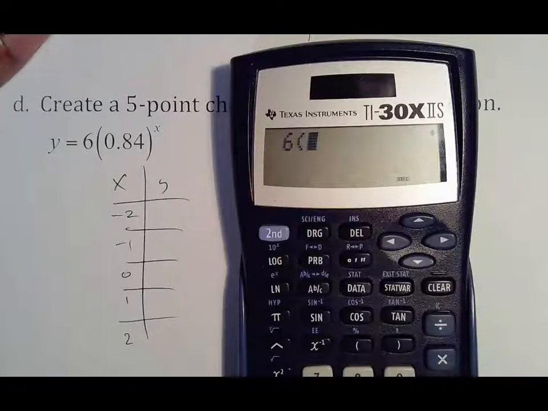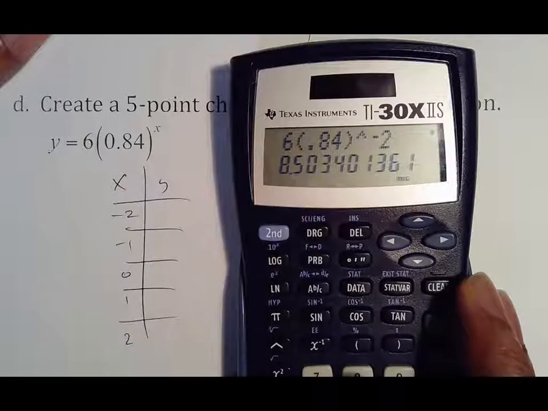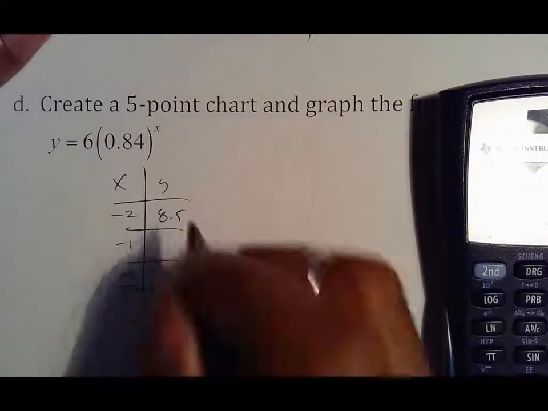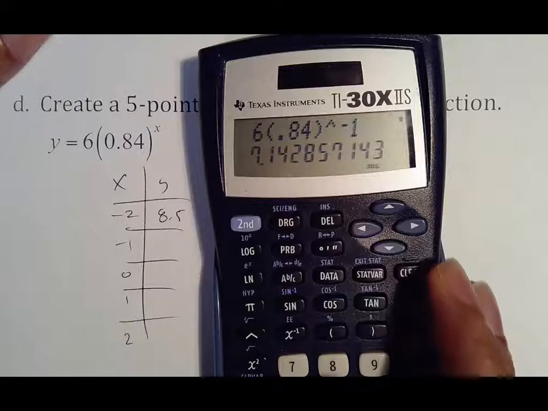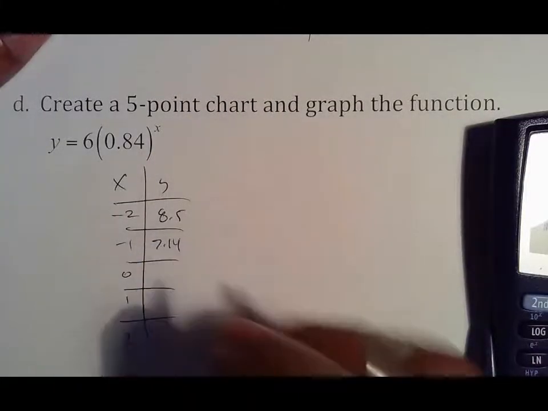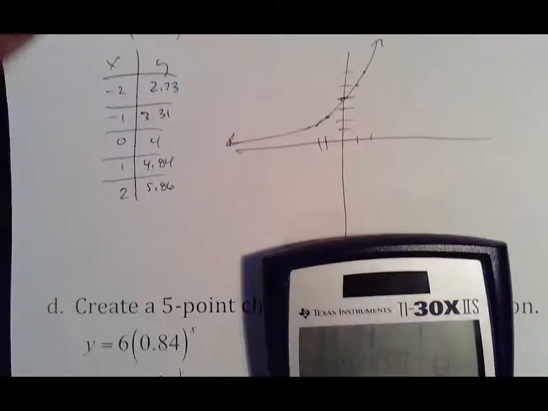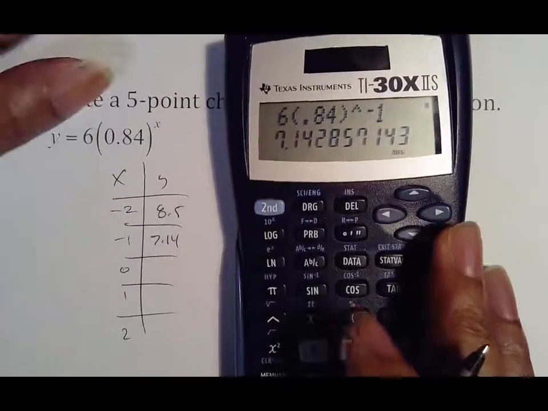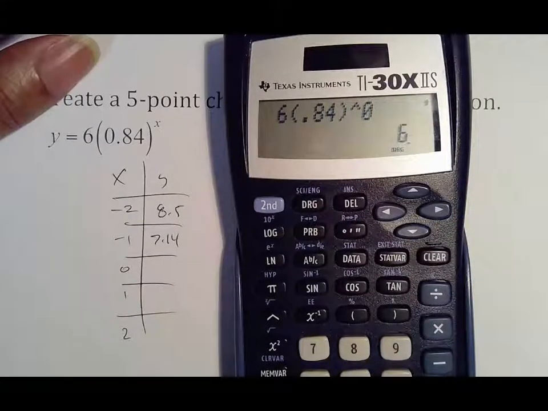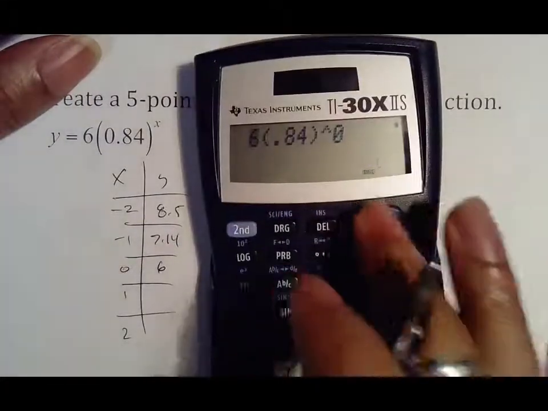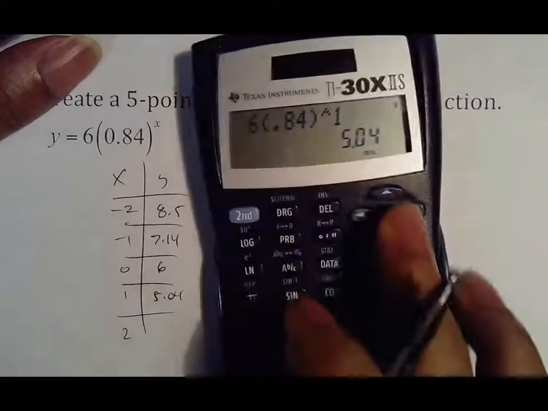So 6 parentheses 0.84 to the -2nd is 8.50. Actually 50, but they usually don't put the 0. -1 is 7.14. You can actually see what the numbers are doing because these numbers went up, which is taking off. These numbers are going down, which means it is probably going to be landing. 0 is 6, 1 is 5.04, and 2